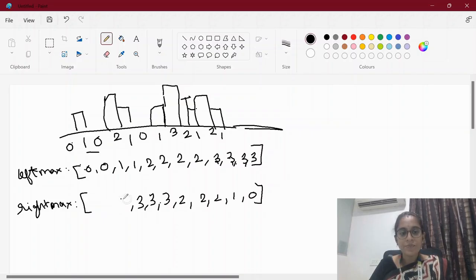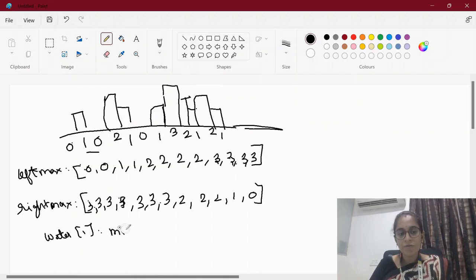So every position becomes 3, 3 and 3. So once we find that out, we can calculate the water's current position